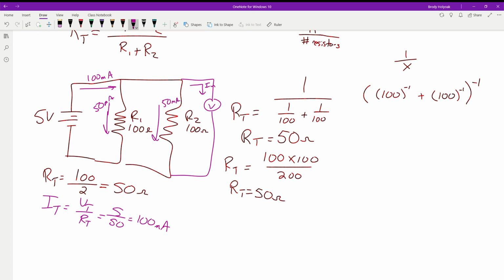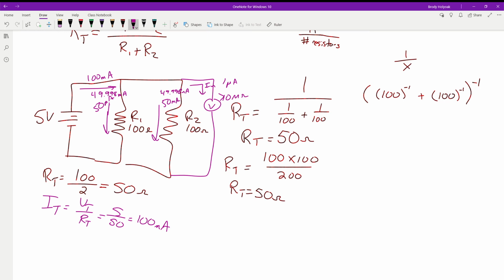So when we hook up our voltmeter, let's say we're taking 1 microamp, it's going to take 1 microamp through there, and then the rest is going to be split up between the two. So we end up with, let's see, 49.998 milliamps. And in a sense, that's what we're doing, and the reason we're doing this. So we still have the 5 volts. We have the 1 microamp. But this resistance